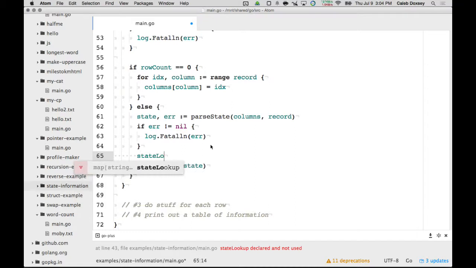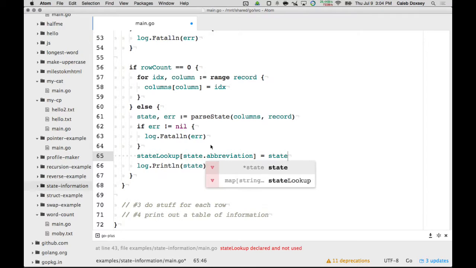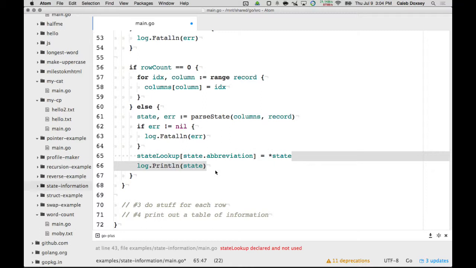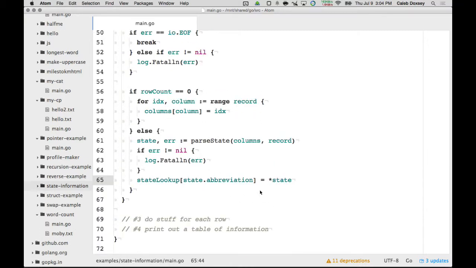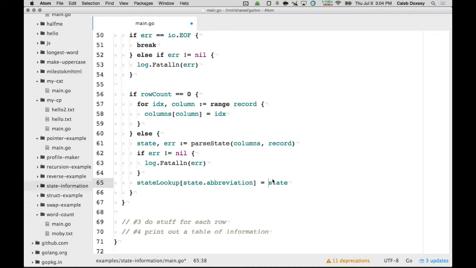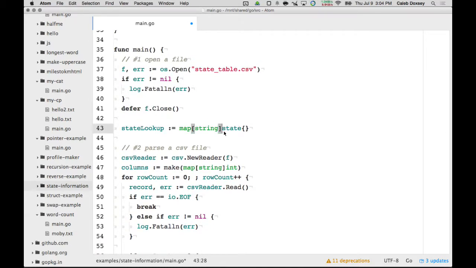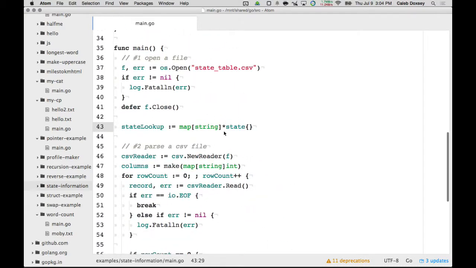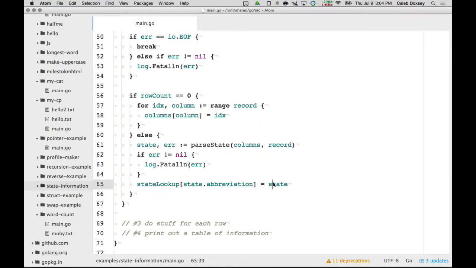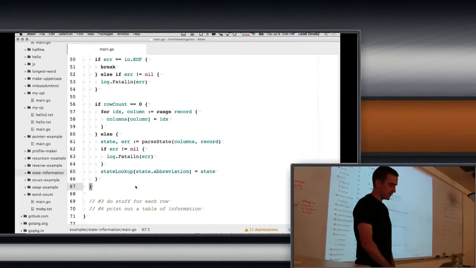And the way we do that, we take the state abbreviation equals the state, except we have to do that, right? Because that's how we convert a star state into a state. But like I said, if we used the other type, we could get rid of that. Okay. Because now this thing is storing pointers, and we have a pointer, so we're good to go. Either way. So now we've built up our big state lookup,